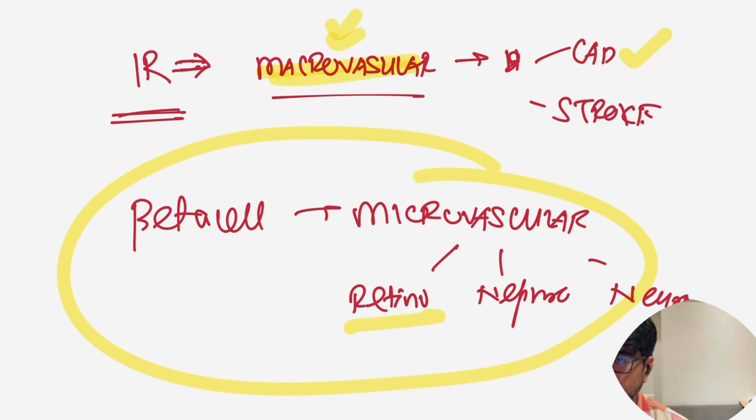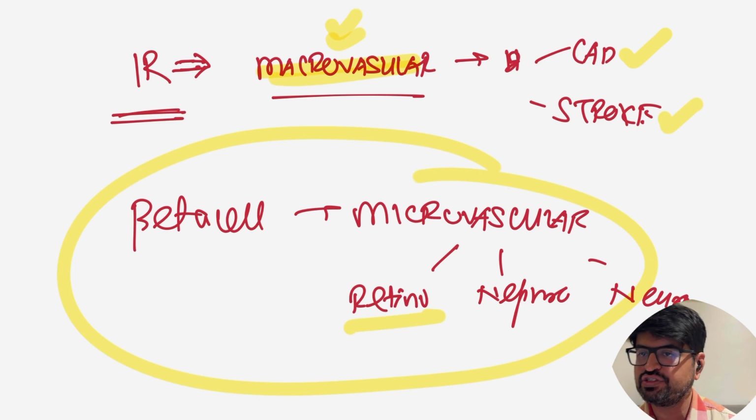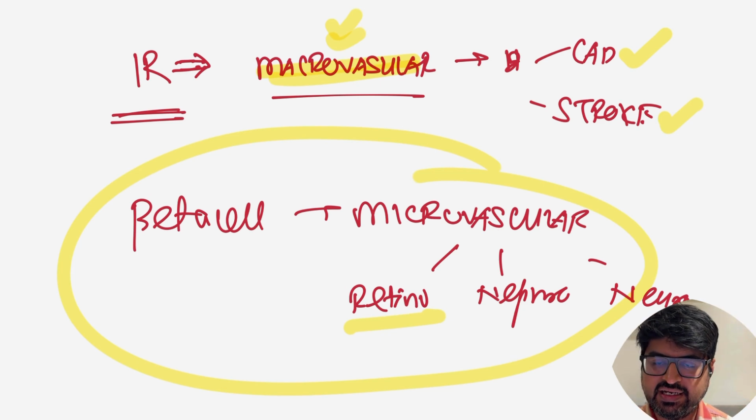I'm not saying that retinopathy is not important, it is important, but the patient is more likely to die because of coronary artery disease and stroke than he is likely to die because of retinopathy and neuropathy. Even with nephropathy, most patients with diabetic nephropathy die because of heart disease and not because of the kidney disease. So this is something very, very important to understand and very fundamental to fathom,